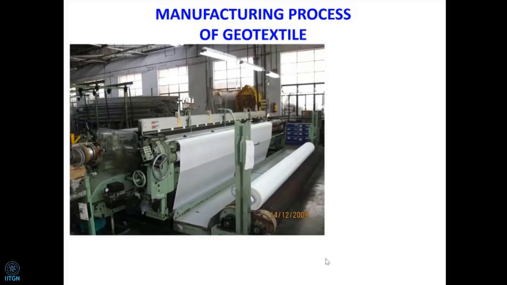The larger the width, the lesser the number of joints. Because when you are covering a 100-meter shore length, probably you have to use 20 or 21 pieces of this 5 meter width. Okay, so there will be a number of joints. If you use 1 meter, the joints will be more. The more the number of joints, the more the weakness. So generally a larger width, at least 5 meters, is preferred.